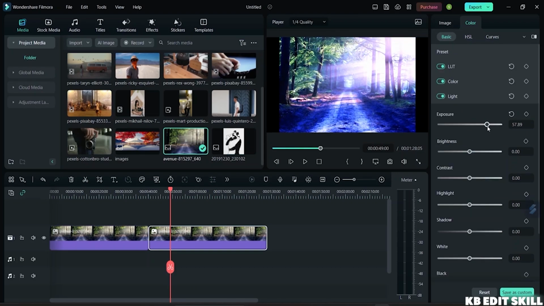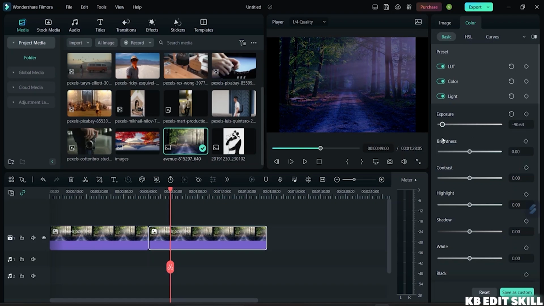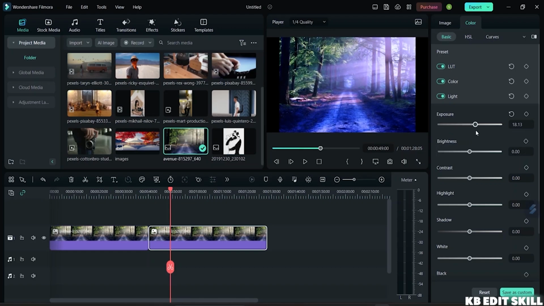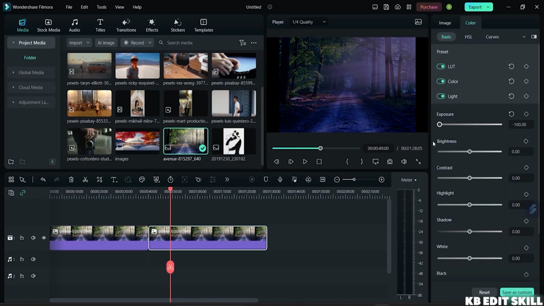So if I readjust this exposure, see, the further left I go, it becomes dark. And the further right I go, the exposure, because in this image, particularly on this side, you can see our ray is coming. So basically, it focuses on that side of the ray. It will brighten the ray on that side, but if we go off like that, it will just,